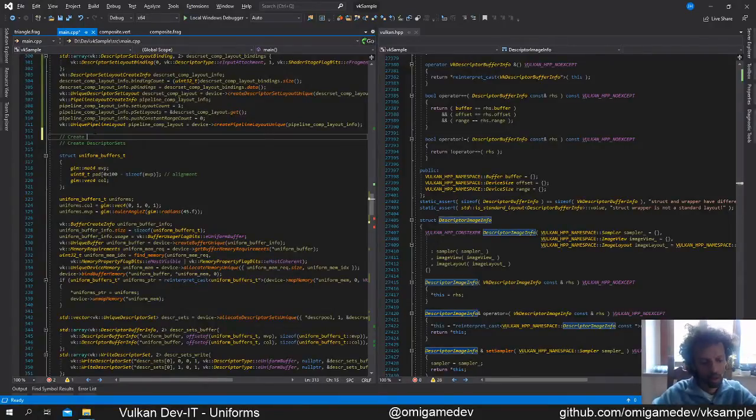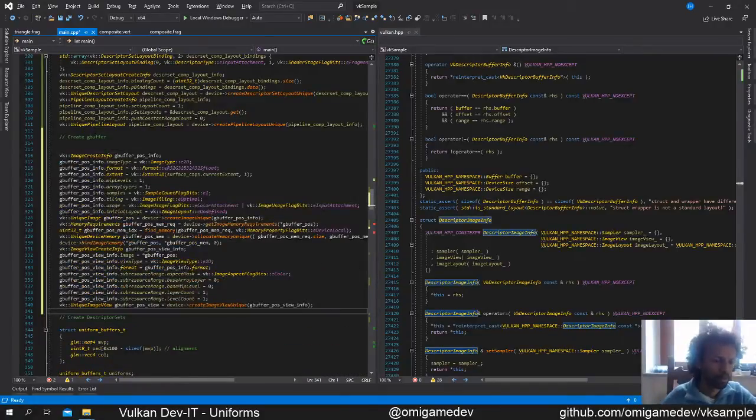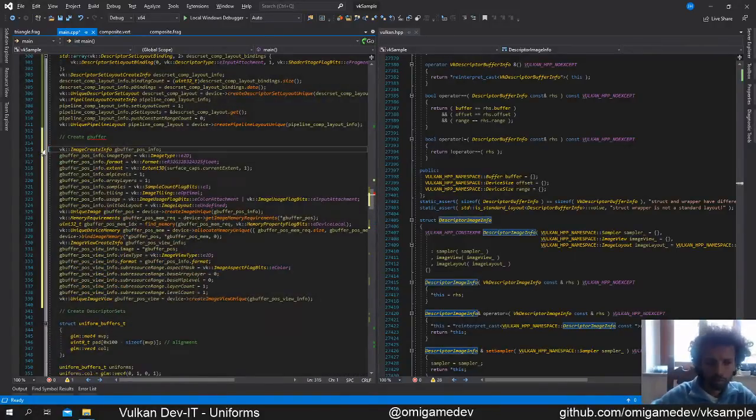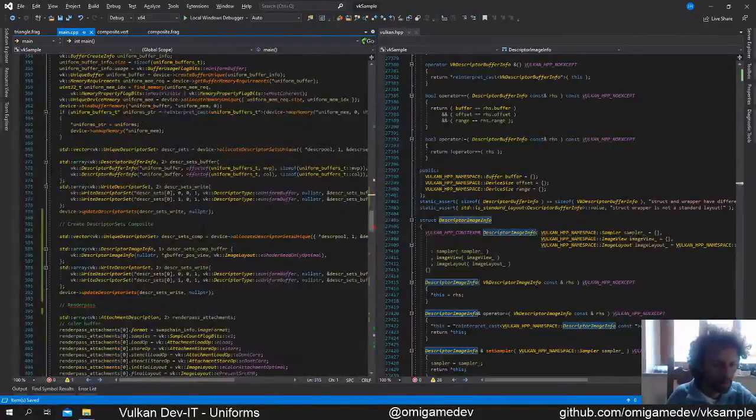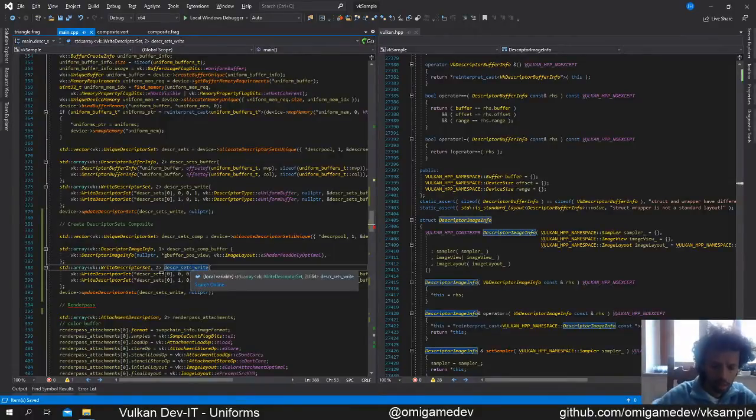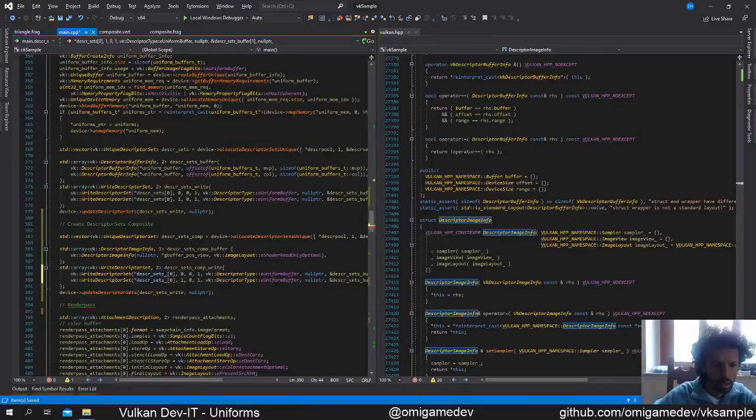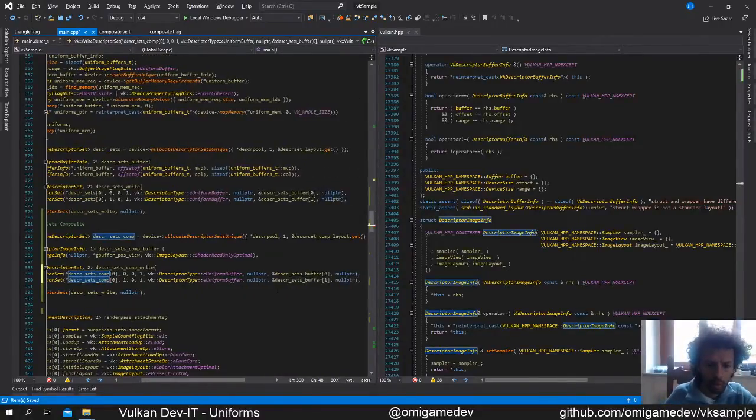Let's say create gbuffer. So now you know it. All right, set comp right, and you get that from comp, and you get that from comp buffer,